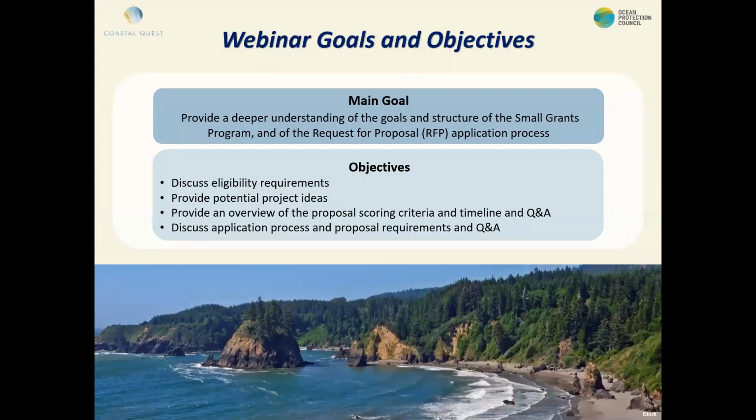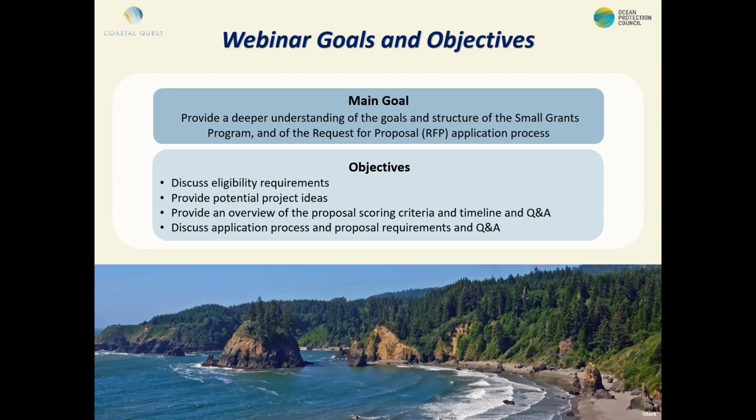Okay, so our objectives of the webinar are really to provide a deeper understanding of the goals and structure of the Small Grants Program, and specifically the request for proposal application process. So in the webinar, I'll be going over a number of different items to provide information on the program as well as the actual RFP.